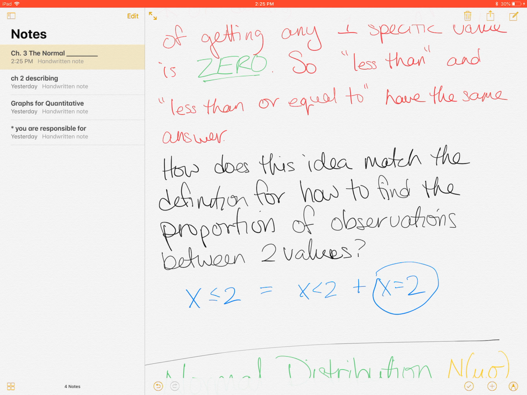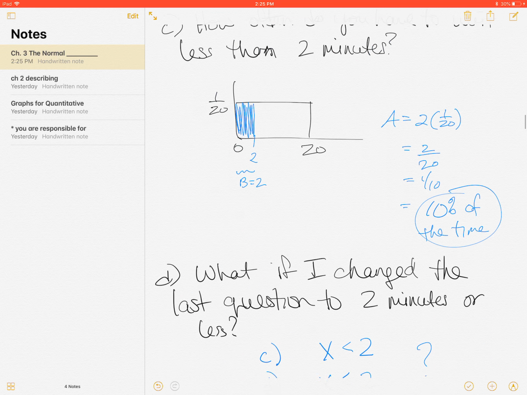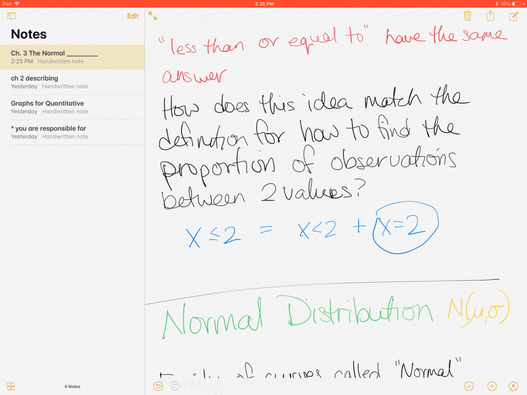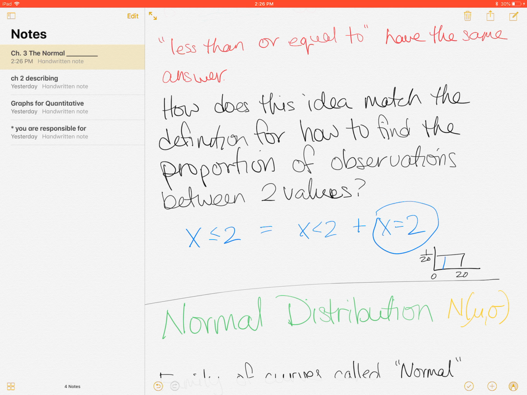If we were to use areas to find x equal 2, let's draw a quick picture. Zoom in, 1/20, 0. Here's 2. Now, we don't want to shade the less than side. We don't want to shade the greater than side. We just want that exact place. The area,